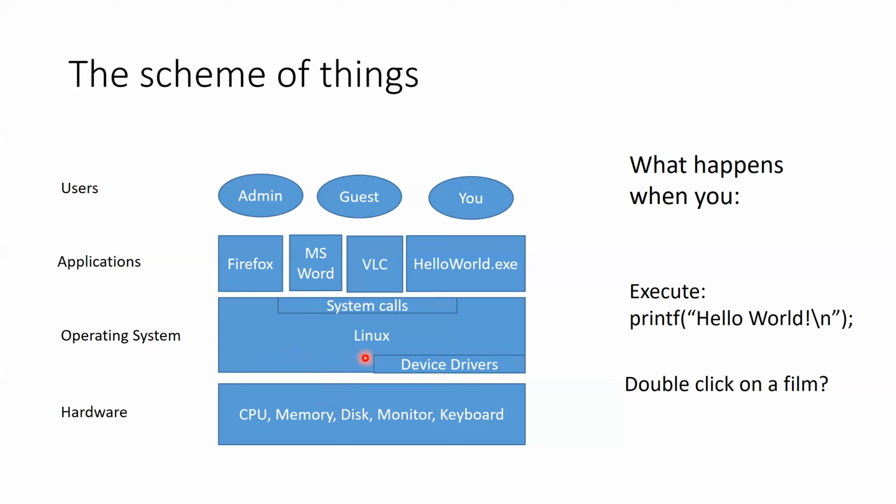So there are two interfaces that the operating system usually has. One that is exposed to the applications via system calls, and the other interface that faces the hardware or interacts with the hardware via those device drivers. Okay, so all the interplay that we saw in these examples that happened between applications, OS, and hardware, it happened via these system calls between OS and applications and through the device drivers between operating system and the hardware.